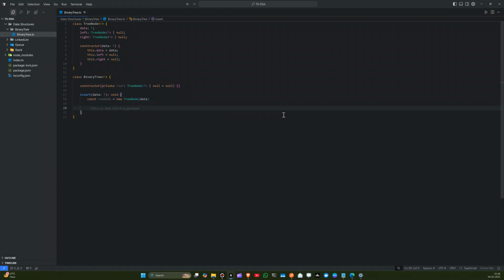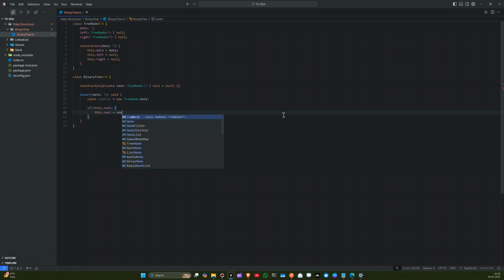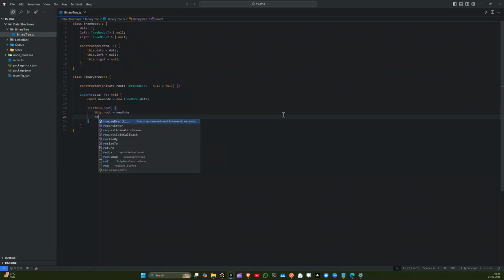Now if you don't even have a root, then this node will become your root, and you will return. Else,